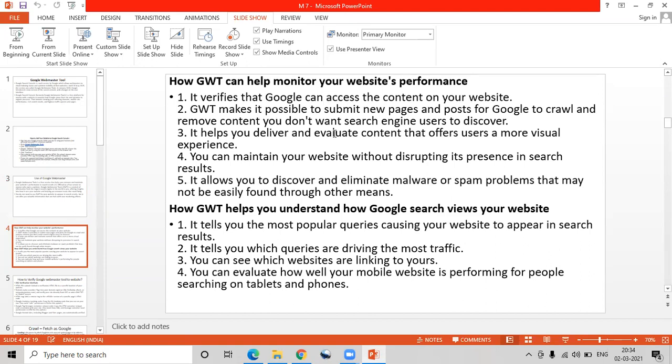It also makes it possible to submit new pages and posts for Google to crawl and remove content you don't want search engine users to discover.